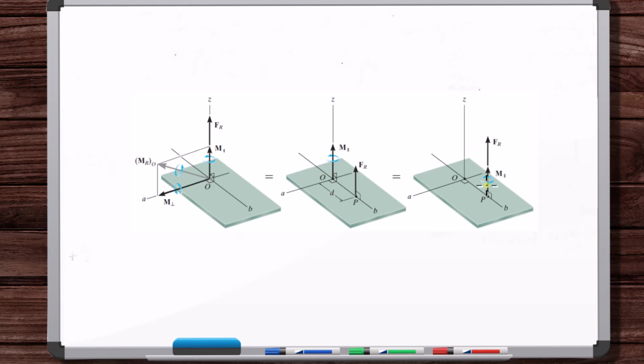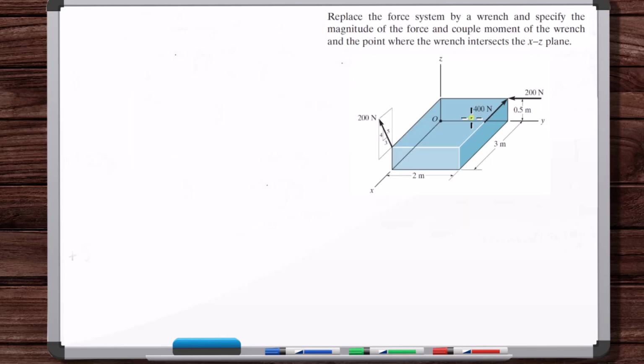You have to create the wrench. So the question wants us to specify the magnitude and direction of the force vector, and the magnitude and direction of the couple moment vector, but they're in the same direction. But also where the tails of these vectors are located in 3D space. So once we have that information, we can